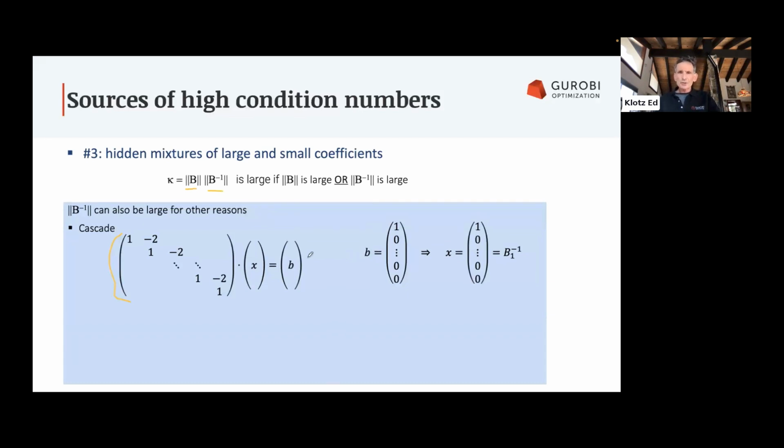At first glance, you wouldn't think that there would be large values in the inverse of the basis, but it turns out the last column of the inverse of the basis has coefficients as large as 2 to the n minus 1, where this is an n by n square matrix. So this actually is an ill-conditioned matrix,